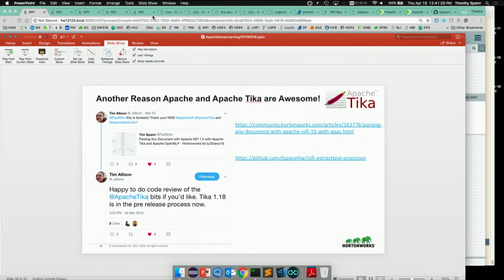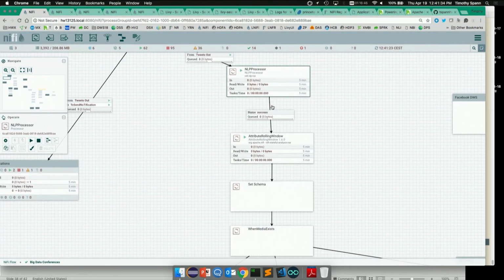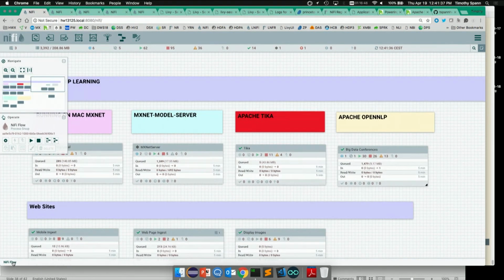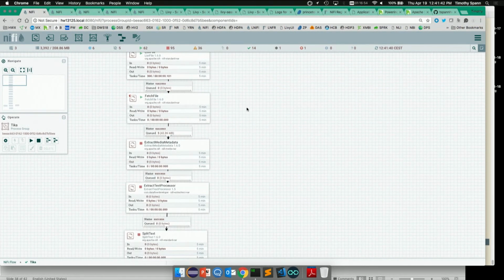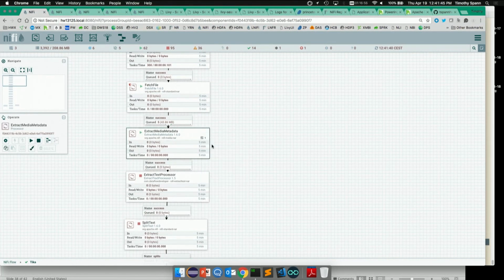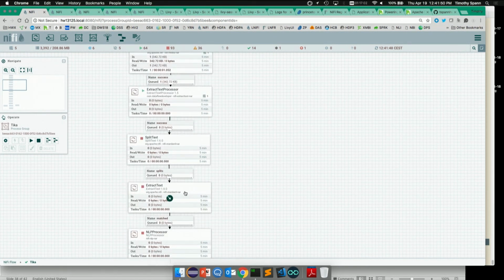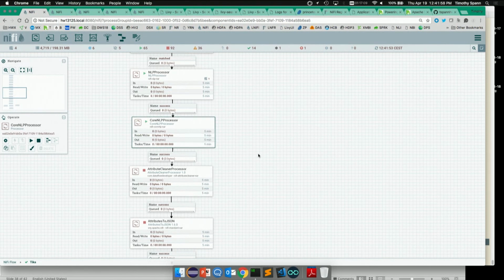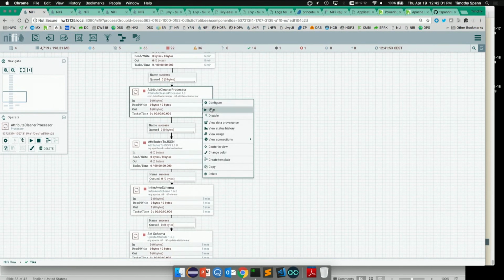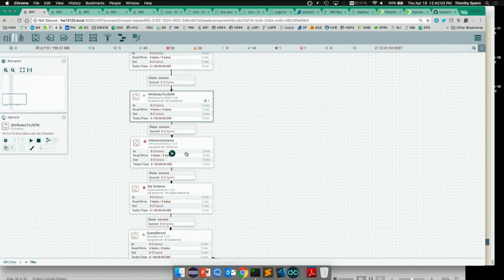What Tika does is parse Word documents. It'll process Excel. These are things that are usually a pain if you want to do this yourself, and you want to make this part of a deep learning workflow or any kind of workflow. So I'm just pulling files from a directory. I could be pulling them from some random place. I'm doing a little extra processing here, and I'll show you the steps. Oh, I put NLP in there too. Ignore this one. This is an Apache one right here. That's Stanford. They have their own funky license. But you could still run it if you want.